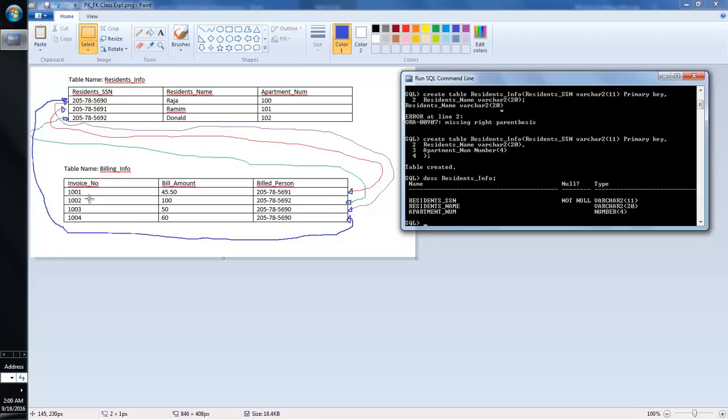In this table, the billing info table, we have invoice no, bill amount, and billed person. We have said that invoice no will be the primary key, and that billed person will be the foreign key. Let's discuss how we can do that. But first, what will be the table name: billing info. So let me create a table called billing info,